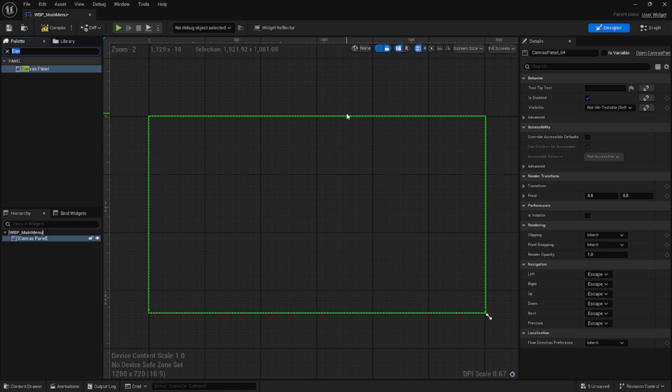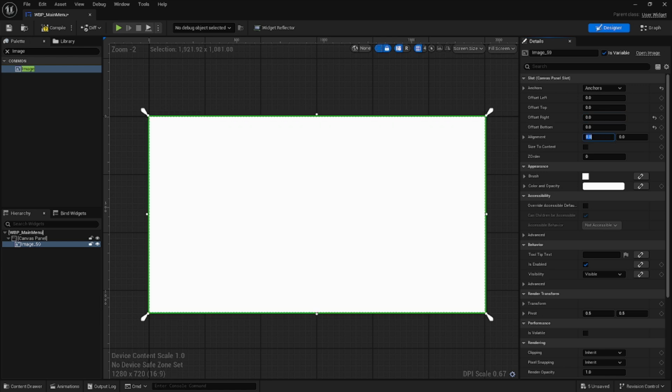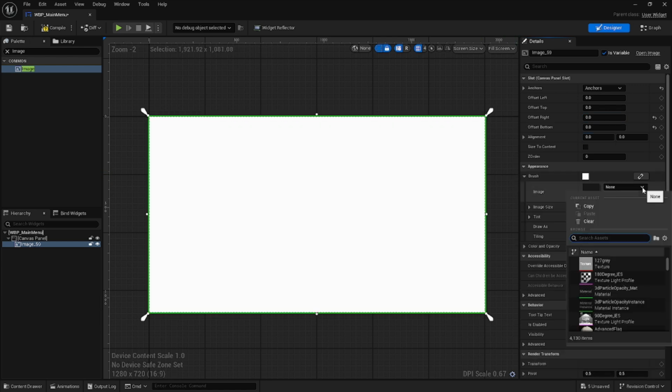Polish the look and feel down the road as things start to feel better, and it looks like we're actually having a game. Let's publish. Image is going to take up everything. Full image to be